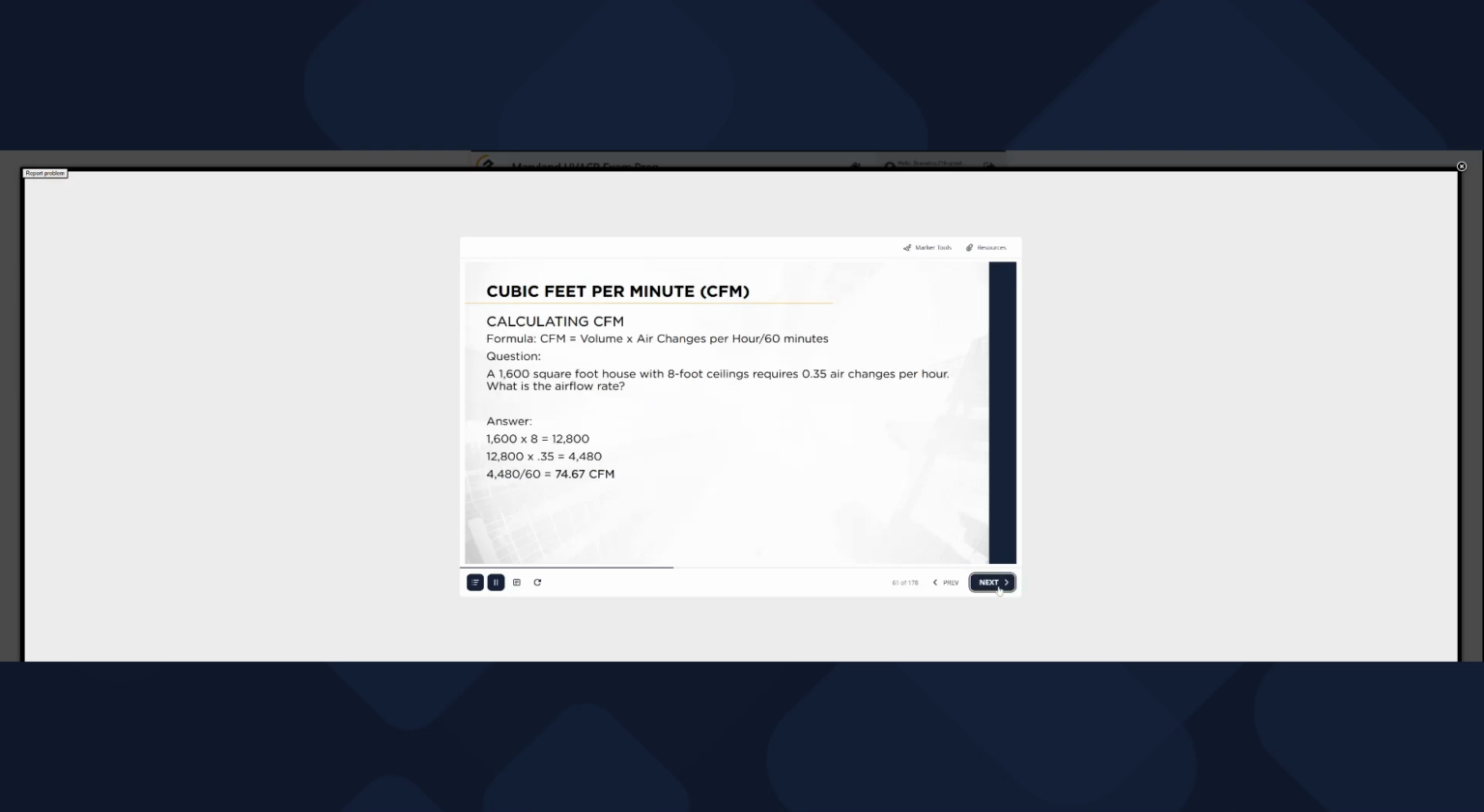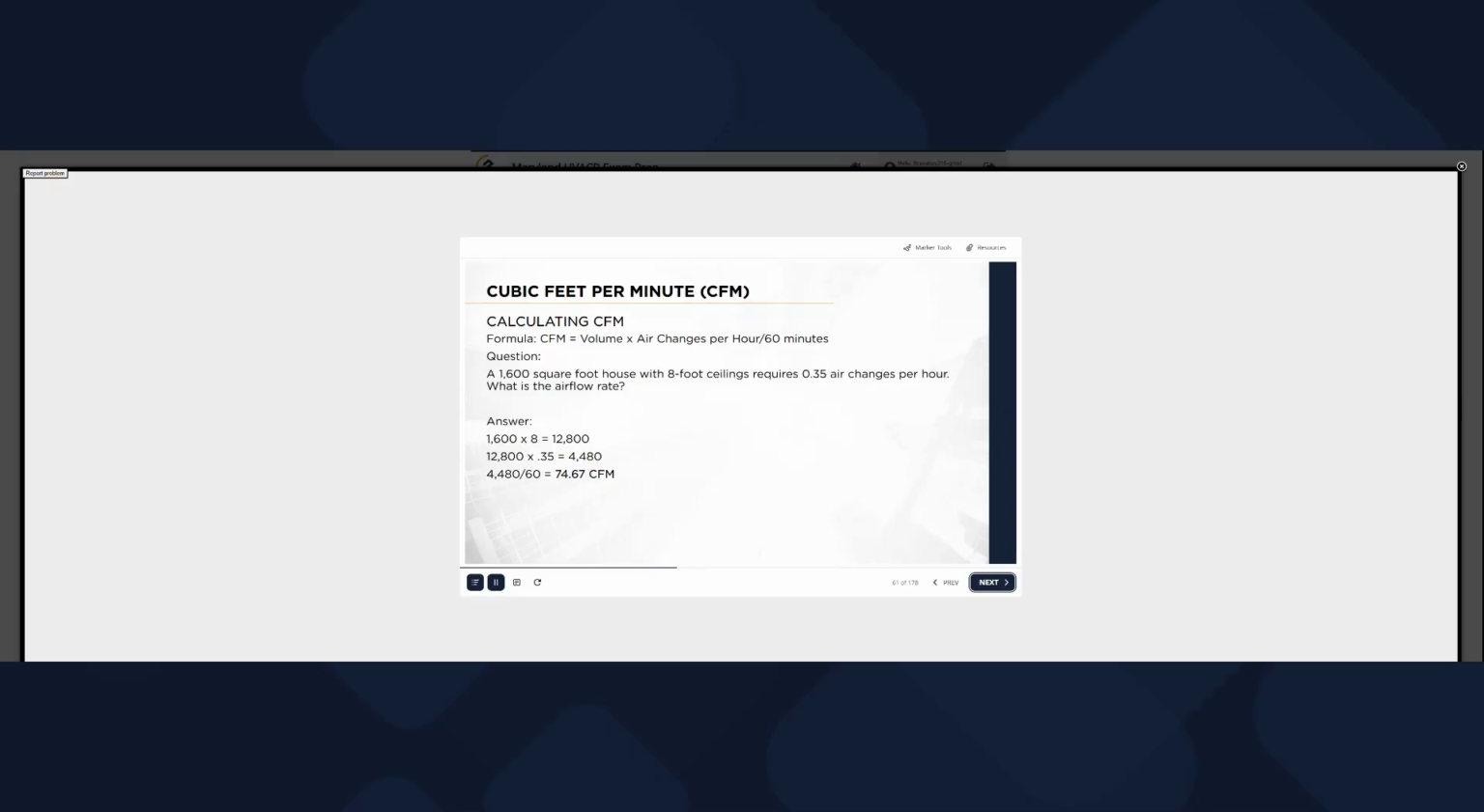Calculating CFM using the formula. A 1,600 square foot house with 8-foot ceilings requires 0.35 air changes per hour. What is the airflow rate? Answer. First, multiply the square footage by the ceiling height. 1,600 times 8 equals 12,800. Next, multiply by the number of air changes per hour. 12,800 times 0.35 equals